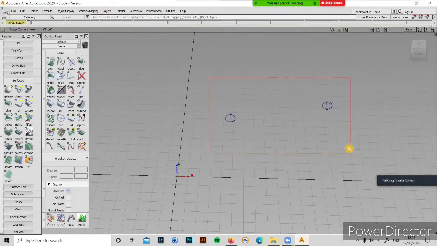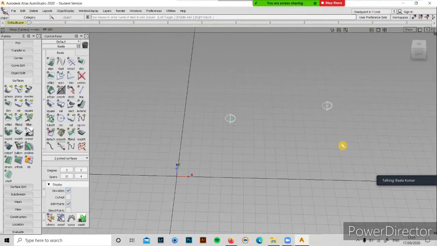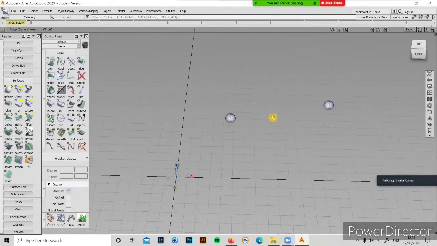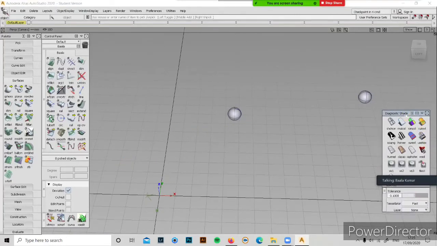Now if you just click the left click and drag, you'll have a window. It's nothing but selecting, but you need to go to pick object and only then it gets selected. Pick nothing is unselecting. And if I need to make a shaded thing, if we have assigned the option, if you click S, you will get the shaded thing. Otherwise how do I get it? We have the diagnose dialog box.